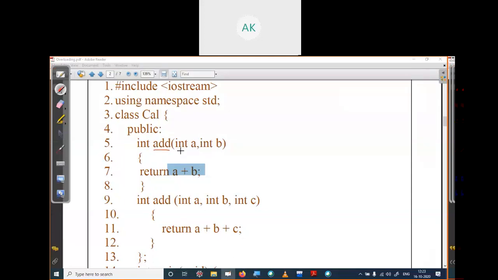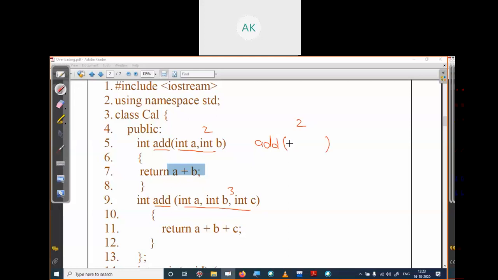Here the method is add with two parameters, and here the method is add with three parameters. We are differentiating these two functions based on the number of parameters: here two, here three. But maybe there is another add method with again two parameters. How can we differentiate them?